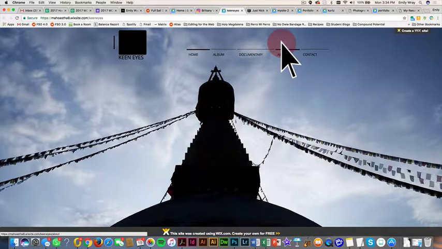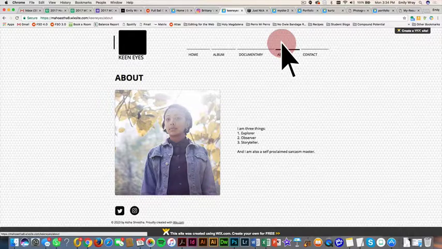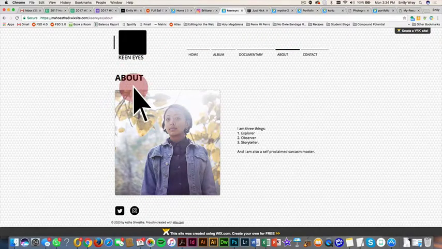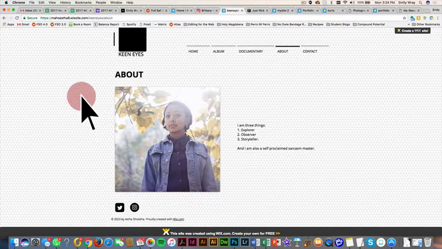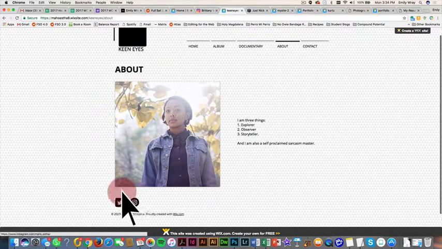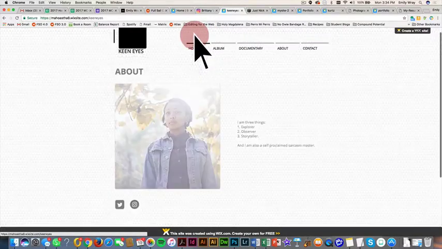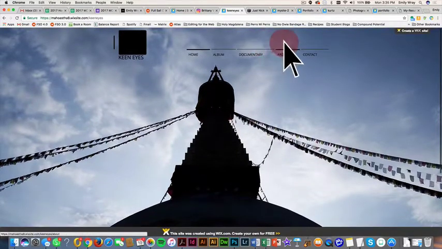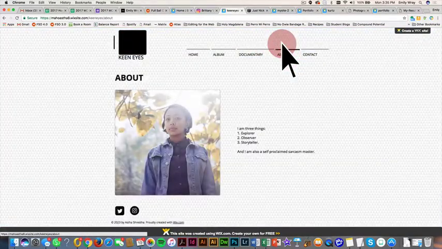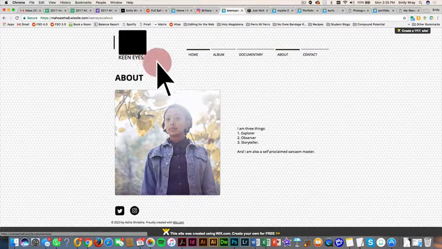So I'm going to go to the About page really quick and check it out. Here you have just a very simple page, and we get a totally different visual aesthetic back here, and I can see your social media pops up here, but not on the home page, right? So it's actually really hidden down here. Just like I advised for Brittany, I would recommend you merging these two pages,